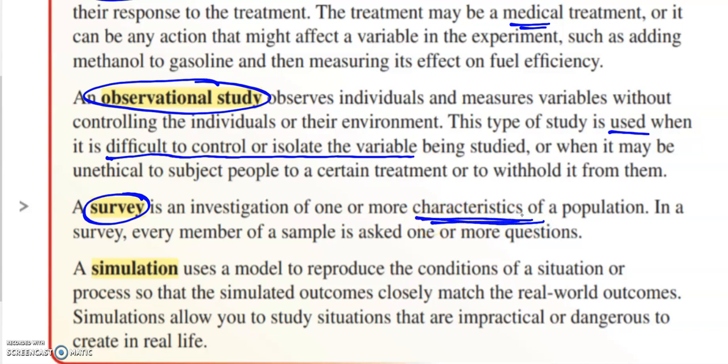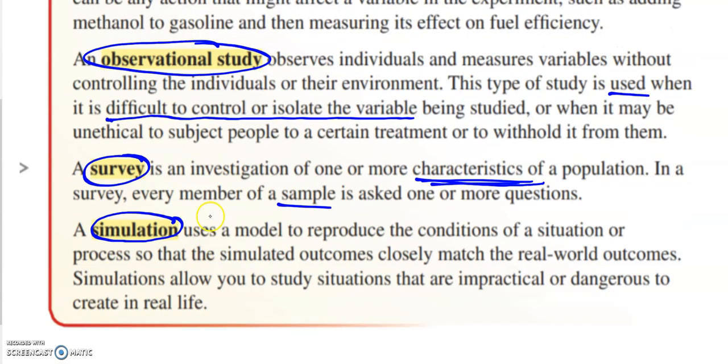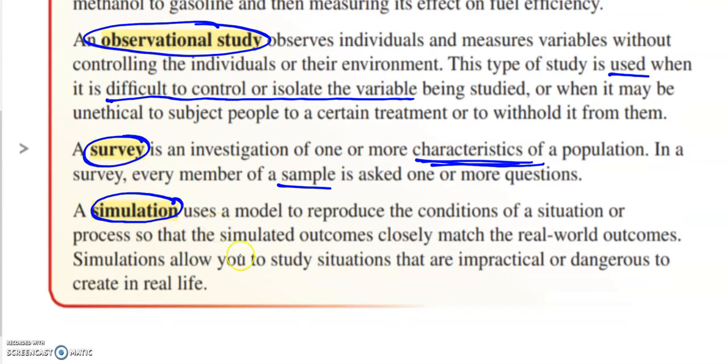And in the survey, every member of the sample is asked one or more questions, and they're asked the same questions. And then last but not least, we have a simulation, which I always like to think of as a controlled observational study, because you try to reproduce conditions of the real world to match real world outcomes, but it allows you to do things that might previously be impractical or dangerous to actually try and simulate or watch